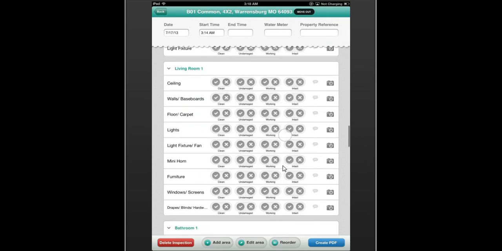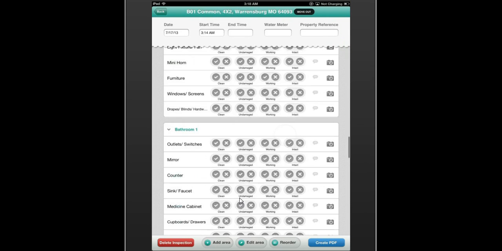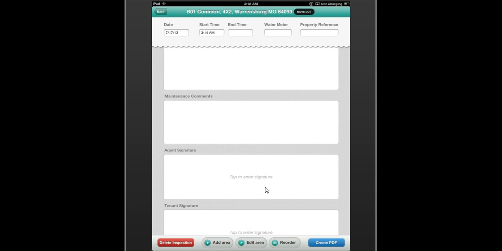Okay, so down here at the bottom, this is where it's listed for agent signature, which would be you or whoever's performing the inspection, as well as the tenant signature. You can put maintenance comments. All you have to do is tap and add them all in there, and those will show up in the reports. So you go over the inspection with the tenant, they agree,